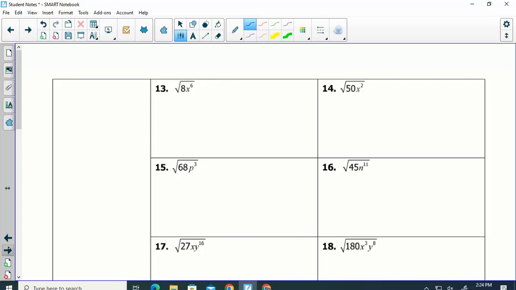Alright, so we were doing these numbers yesterday. 50 is not a perfect square, so we have to rewrite it. Remember our list of perfect squares? 1 squared is 1, 2 squared is 4, 3 squared is 9, 4 squared is 16, 5 squared is 25,